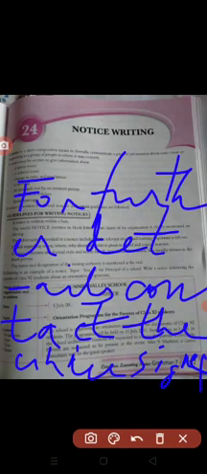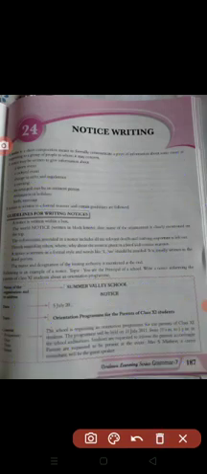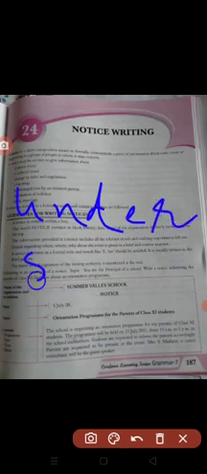Okay, it will be for further details contact the undersigned. Okay, UNDER, undersigned,